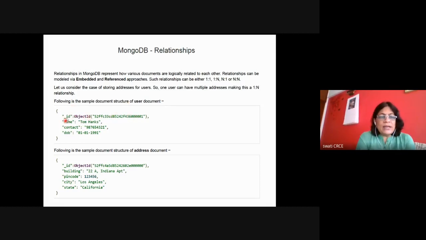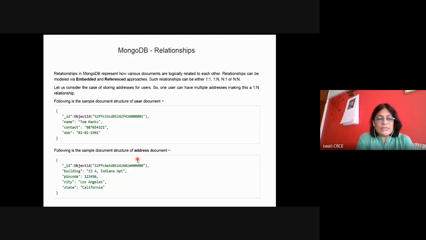And the user document has three key-value pairs: the name of the user, and the value is Tom, the contact number of the user, and the date of birth of the user. So all the details of this particular user are there in the user table, and this is the corresponding ID to access this document. Okay.